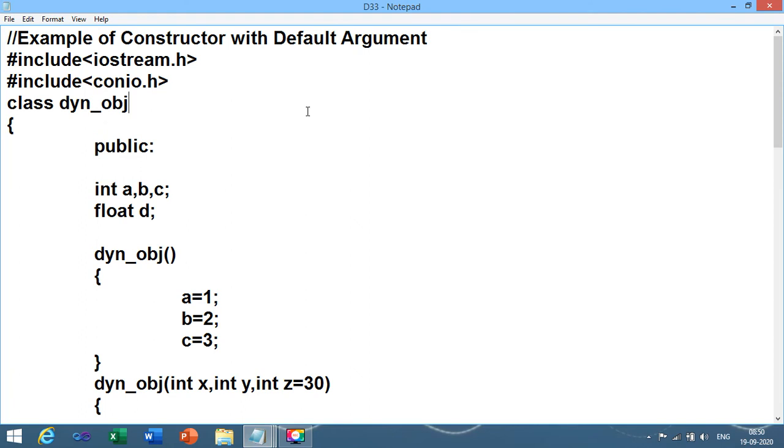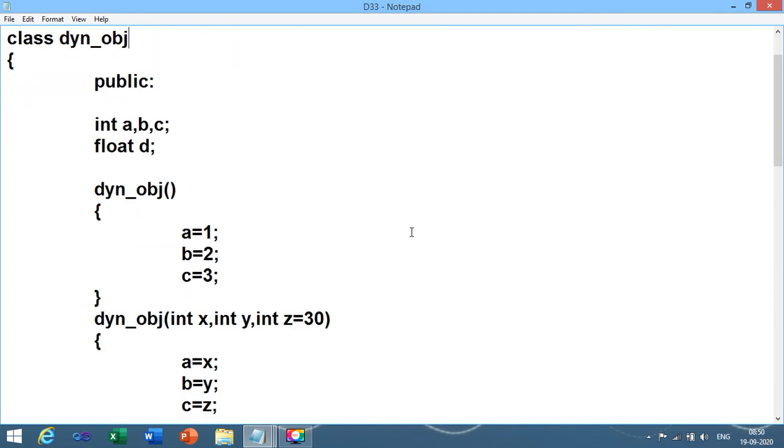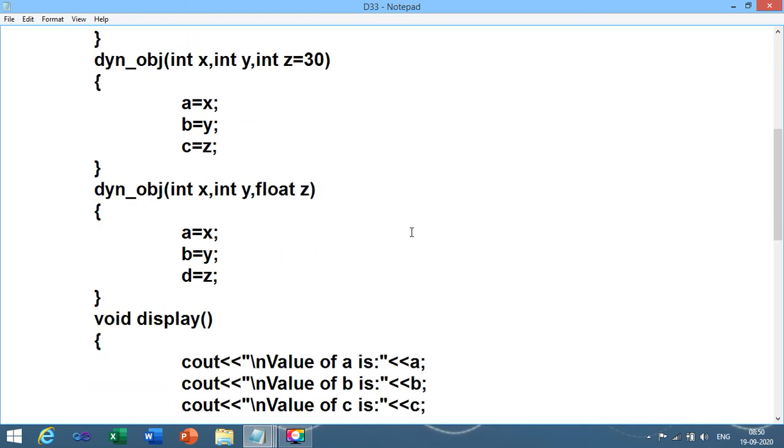And this is the third program, constructor with default argument or example of dynamic object. Let me scroll down the program. This program is a bit lengthy, but it is very easy to understand.